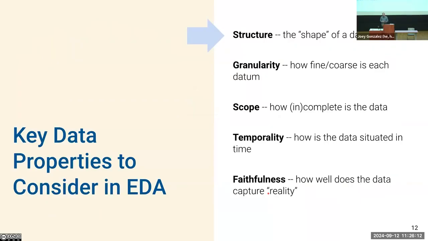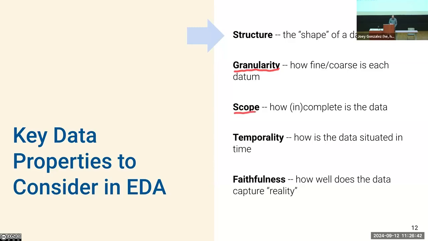All right. So like I said, it's hard to teach you how to do an unboxing. So instead, we built a set of steps to think through when you're working with data. These are the steps. So first, what's the structure? What's the shape of my data? Is it a rectangle? Is it a circle? Is it a tree? I don't know. We'll talk about different kinds of shapes. What's the granularity? What is the granularity of my data? What does each piece of data represent? Are they all the same kinds of things?